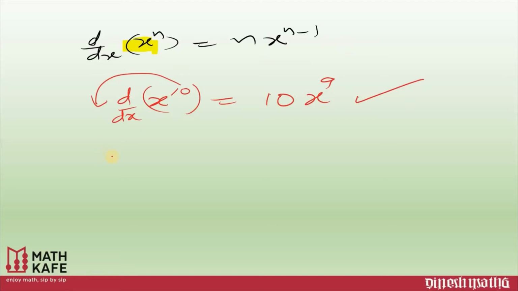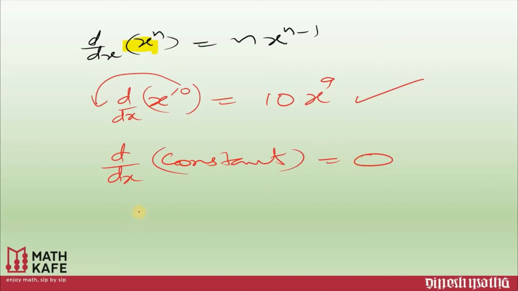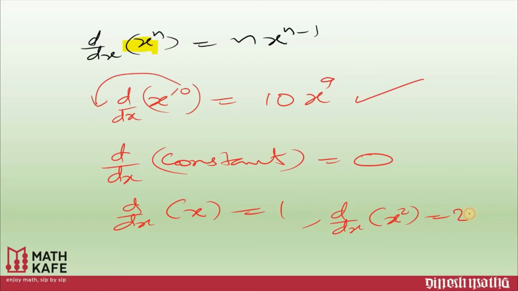And you need to remember the special cases. First of all, d by dx of any constant, a term which is free from x, is always 0. d by dx of x is clearly 1, and you know that very well. And d by dx of x square, that also you know, push it down and take 1 away, 2x. Differentiation always stands for d, and d stands for decreasing, and you always take 1 away from that. So x to the power 10, 10x to the power 9.